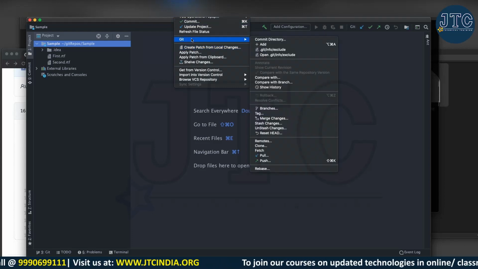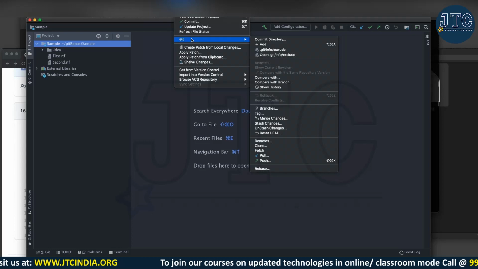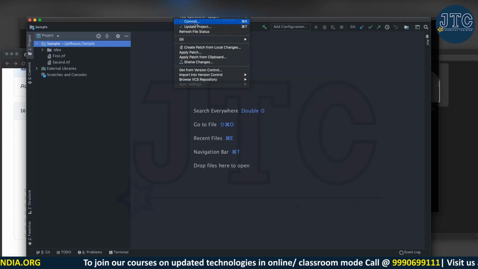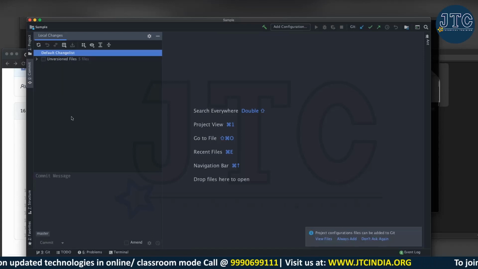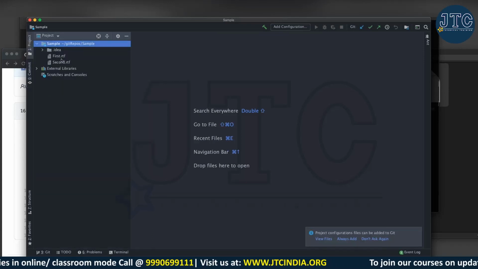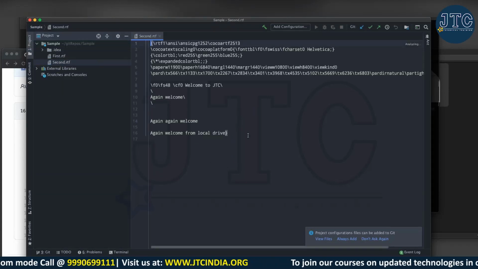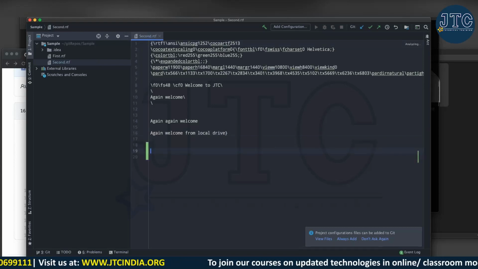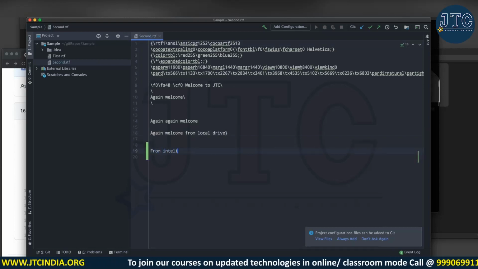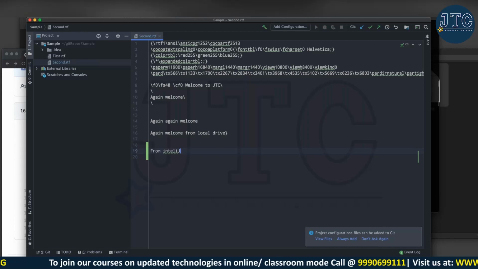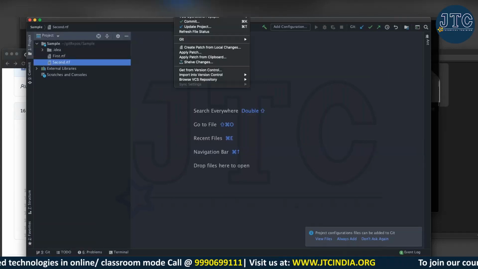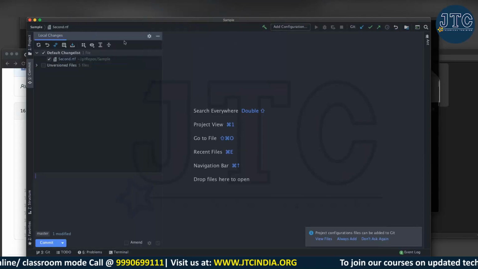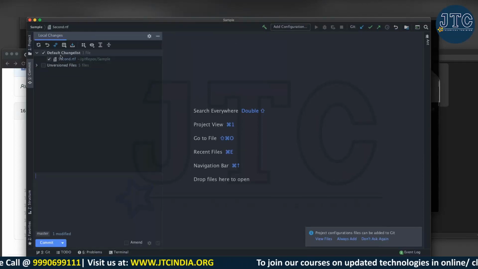Now how is this Git coming? Because you did git init, right? From there this is coming. You can even do commit here also. So let's say from IntelliJ, I write something here and save it. Then if you go to VCS and commit, you will see it is already coming into the staging area.